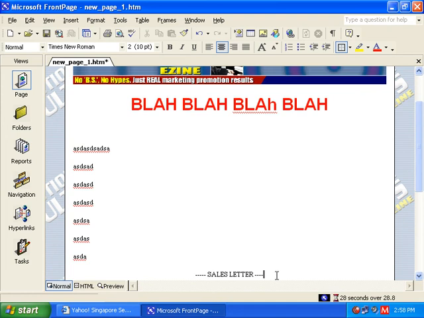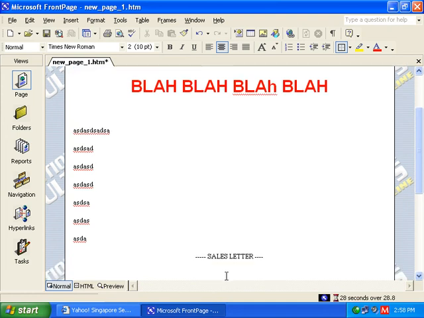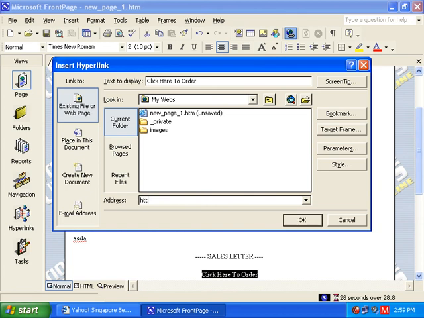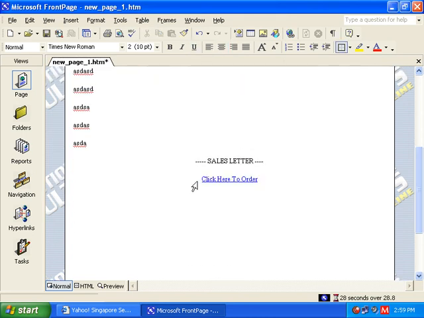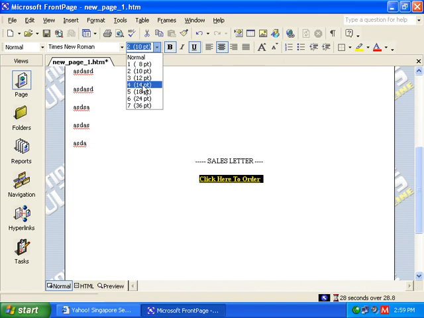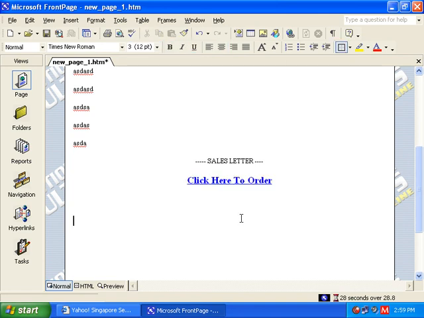Now you want people to buy your product, so you can include an order link. It can be an image or just a normal order link like this. Okay, and you put your order link here. I bold it, make it bigger. Okay, if we want to include an image file, just go to insert,